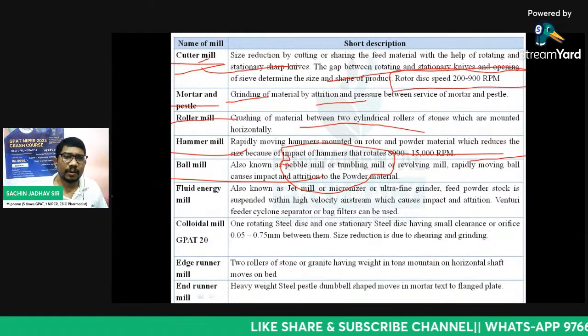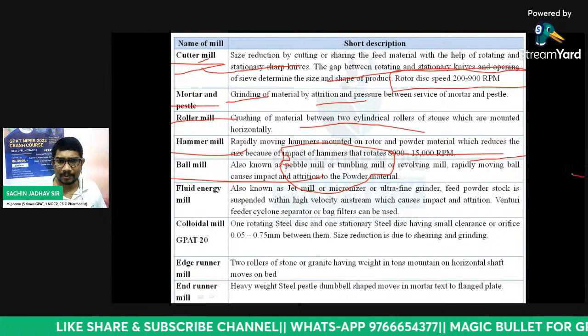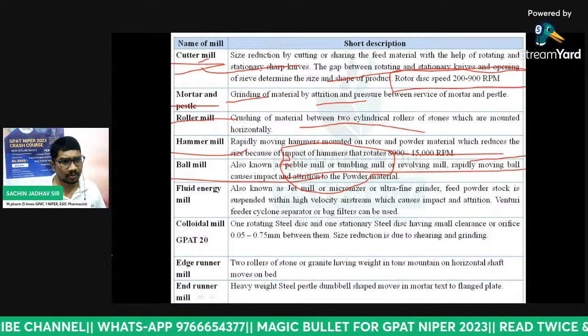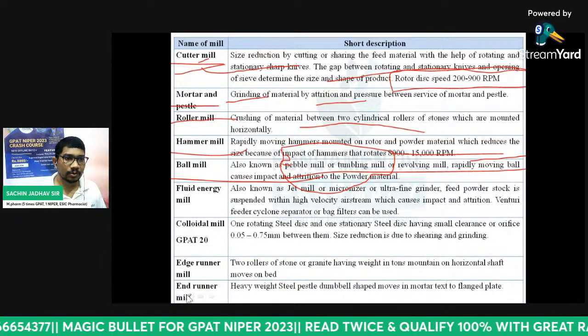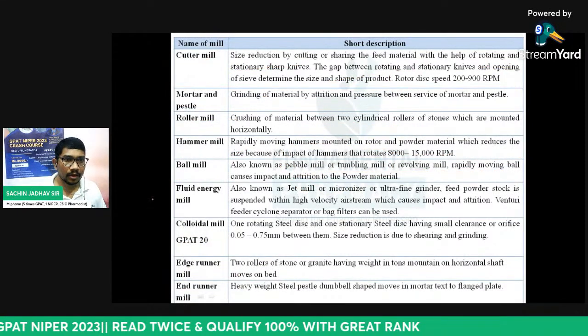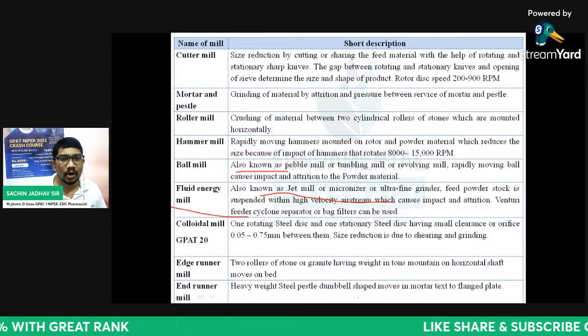Ball mill is also known as a pebble mill or tumbling mill or revolving mill. So rapidly moving balls cause impact and attrition of the powder material. And what is the next one? Fluid energy mill. Next one is nothing but fluid energy mill. So fluid energy mill is also known as a jet mill. इसको jet mill भी बोलते हैं. So fluid energy mill is also known as a jet mill and